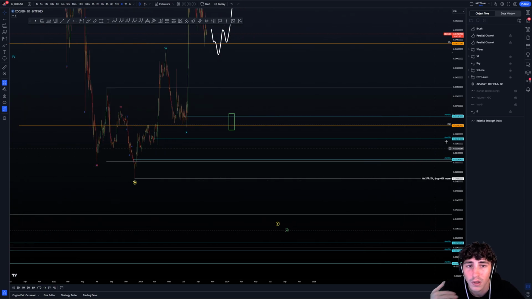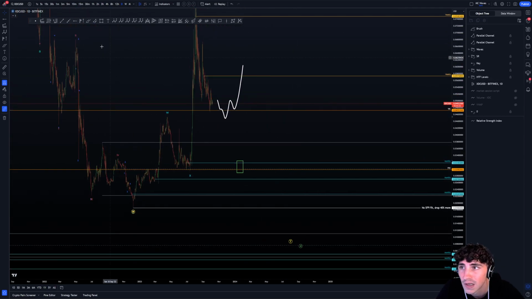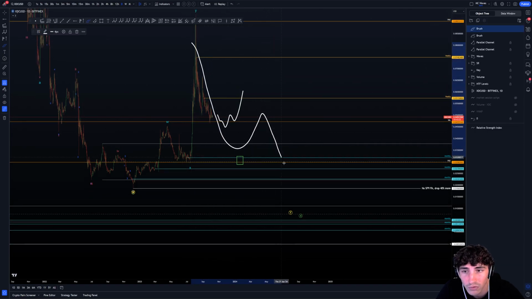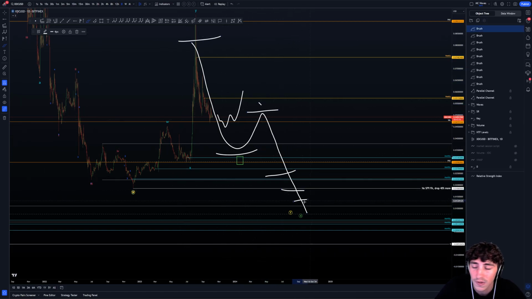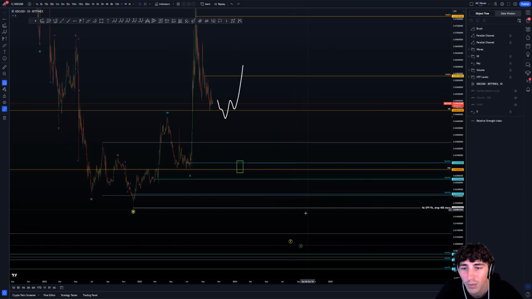Again, remember, for the time being it's really early to say where the exact targets of this drop are, but for now we're going to print some more data. For example, if we drop here, we're going to be able to pull an extension from that top to that low to get some targets here, as I said. For now, it's just too early for me to recognize exactly where it's going to bounce, but this is